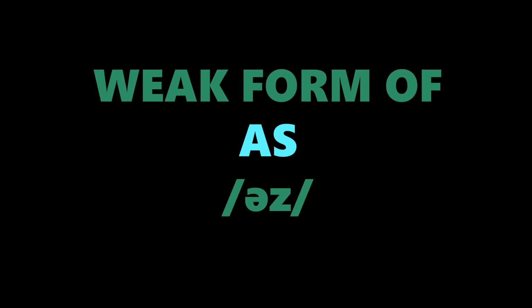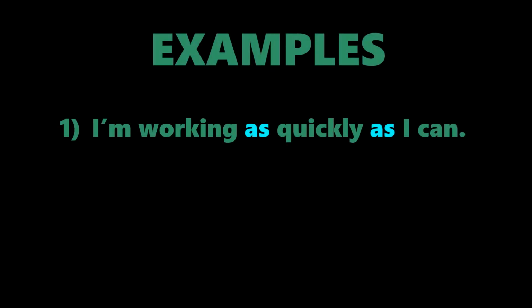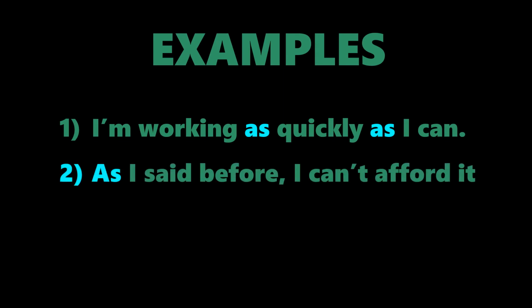But let's have a look at some example sentences to think about when we're going to choose the weak versus the strong. So in sentence number 1 then, I'm working as quickly as I can. The two uses of as here are pronounced us with the weak form because they're just part of the phrase, as quickly as I can. If we're speaking in ordinary sort of connected speech, these words wouldn't be stressed, they'd just be quite relaxed and